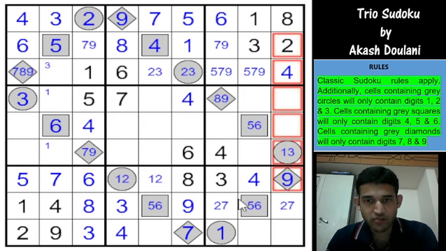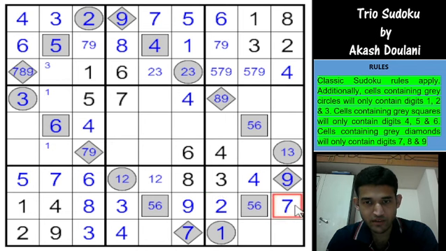Okay, I have 2 in column 9, so that's a 2, that's a 7, 1 2 7 3 4 9, so 5 6 and 8, and 8 cannot be in column 9, so 8 goes here, right?